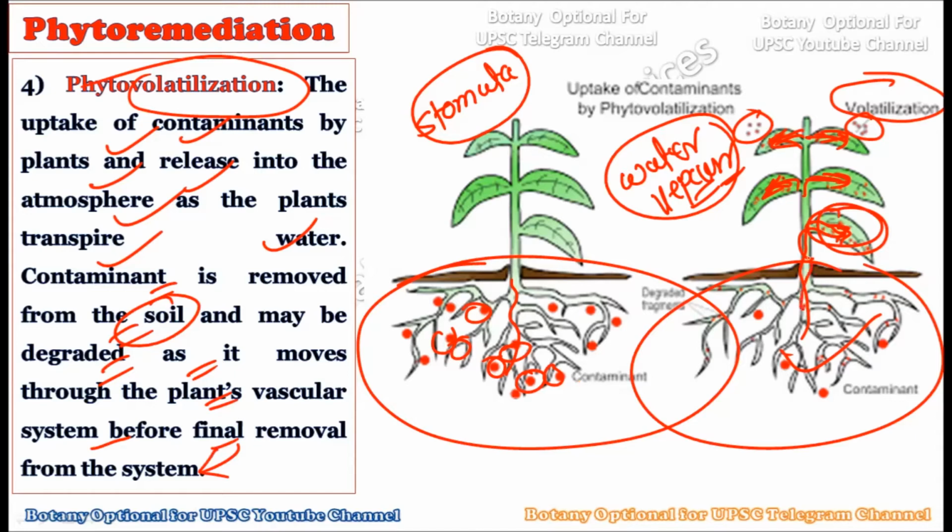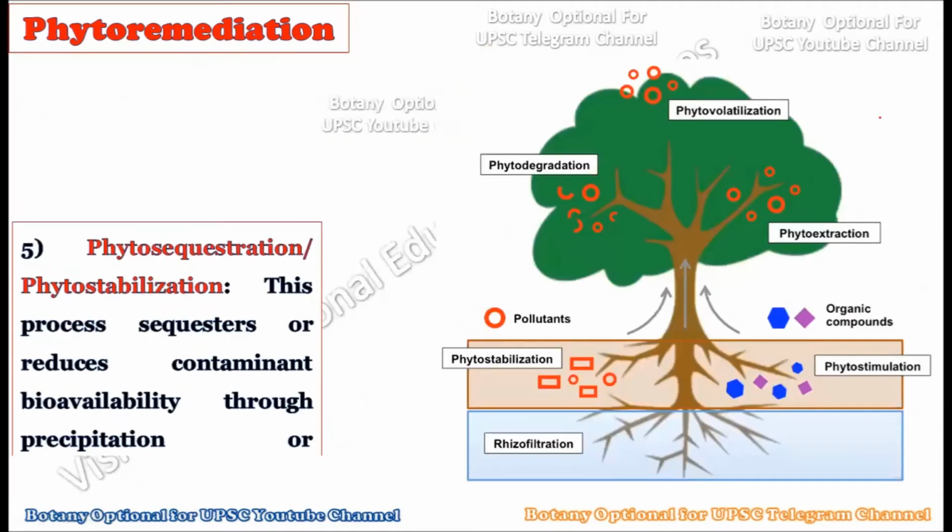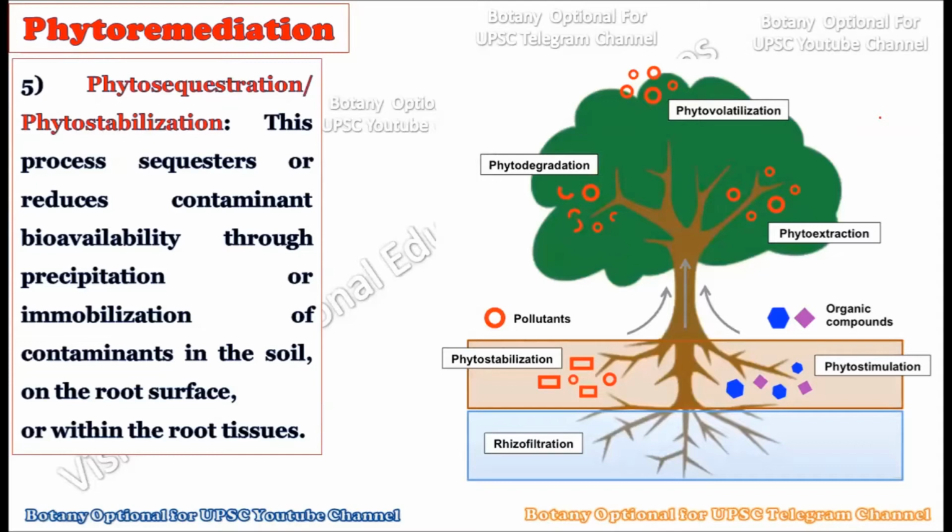Okay, so in between the transportation they may get degraded, but if they are not getting degraded in the vascular tissues, then they will be removed through volatilization by the process called transpiration through the stomata. Okay, so this is the fourth method, phytovolatilization, which we can use in phytoremediation. Now let us consider the fifth one, which is called phytosequestration or